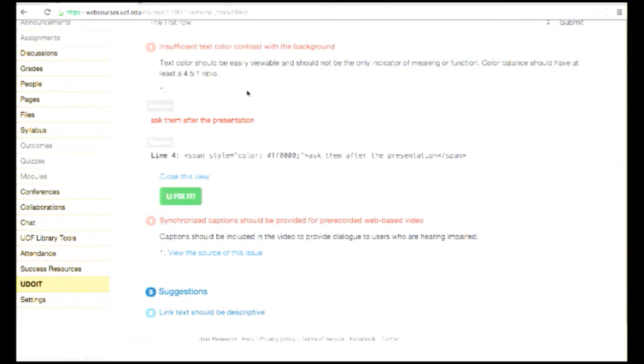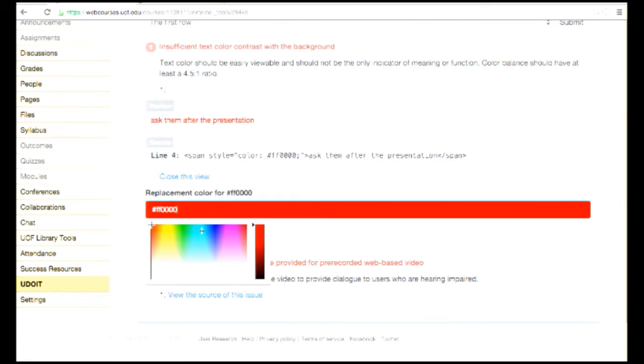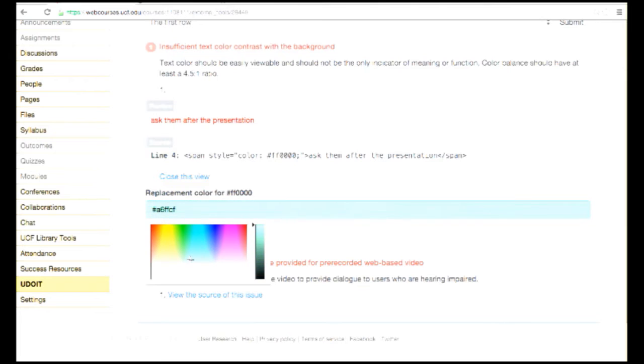We also have color contrast detection. We use the WCAG 2.0 AA, I think, level, which is a little funny because the standard red that you can change text to in Canvas doesn't meet that standard. So it's saying that the standard red doesn't meet the 4.5 to 1 contrast ratio, and we have a uFixit for that as well, where you can just pick whatever color you want.